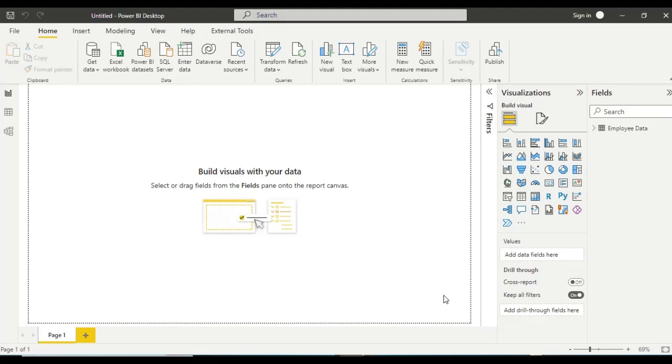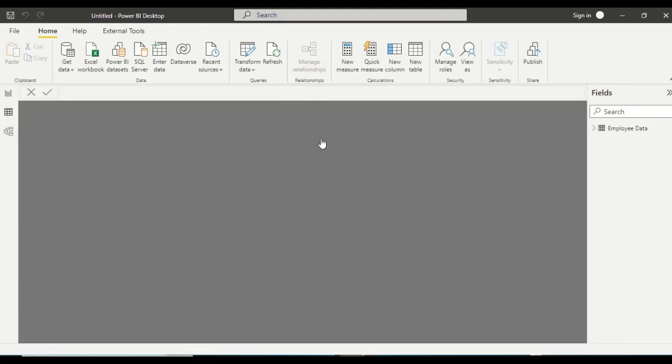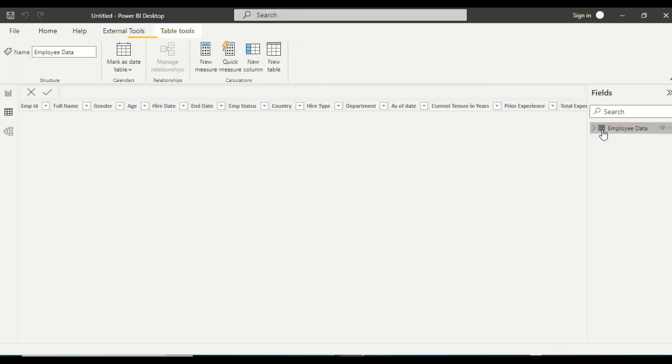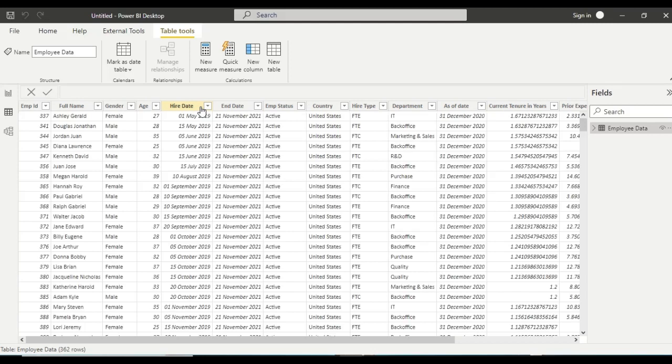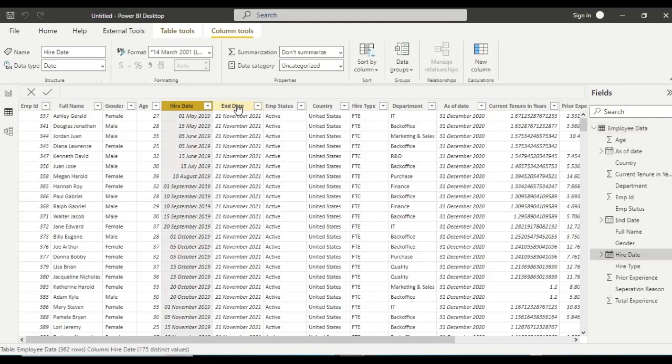In this video, let us learn how to filter hire date and end date using one slicer. So if you observe the data here, employee data, we have two fields, hire date and end date. If you want a date slicer in the report to filter these two dates,